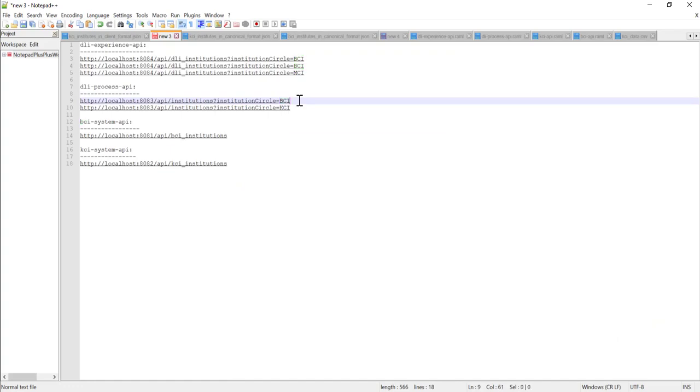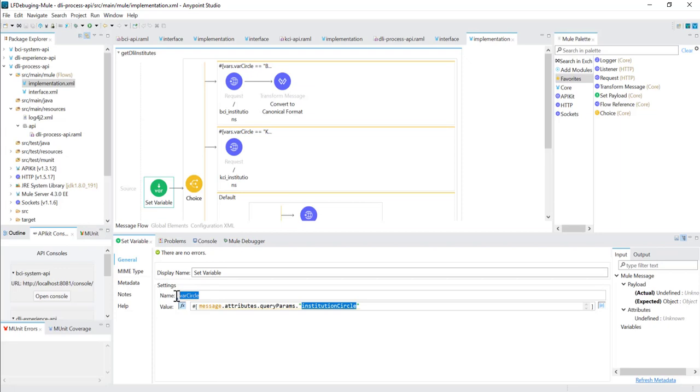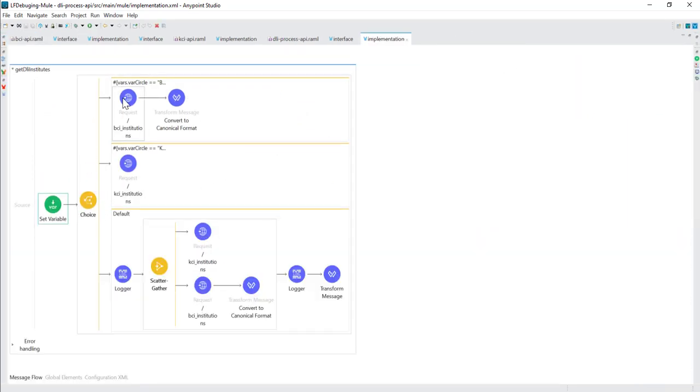So that means if we pass this URL in the browser and hit enter, then this BCI would be stored in the where circle, right? After that we have used a choice router, and in the choice router we are checking whether that particular variable value is BCI or KCI. Based on that we are calling that particular service, that is the system API.